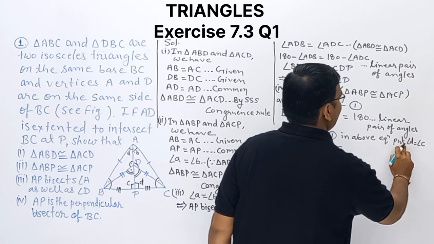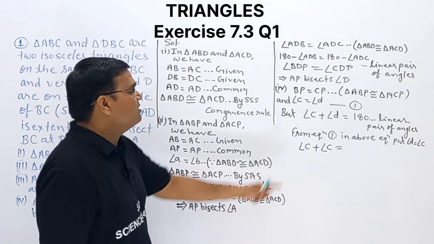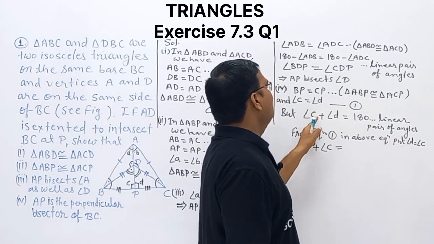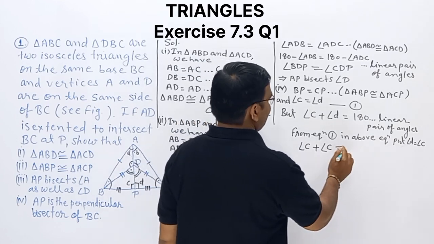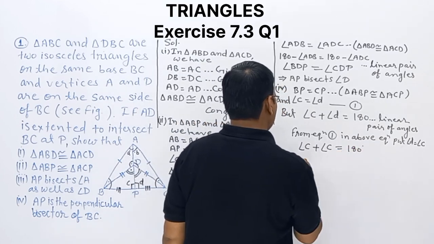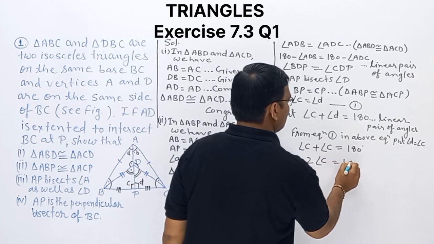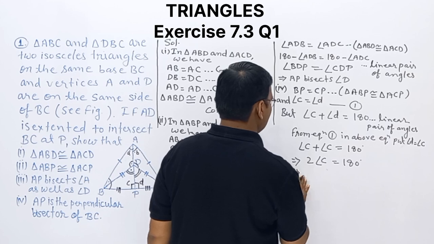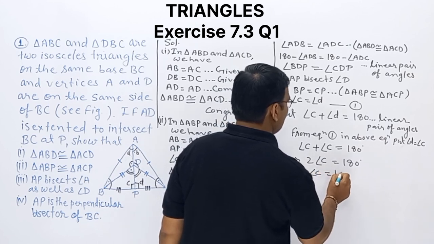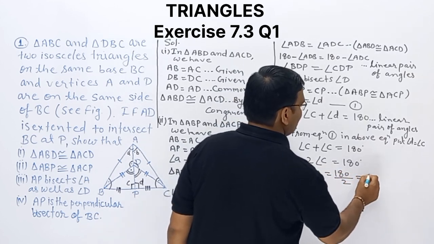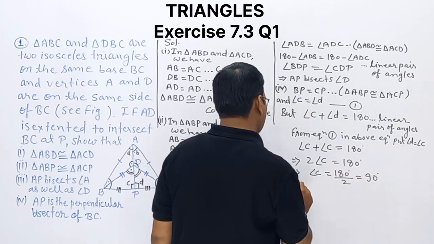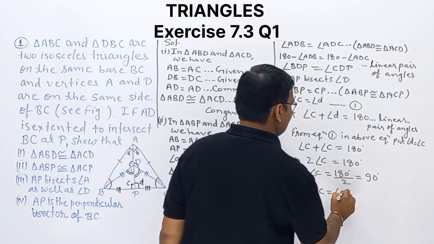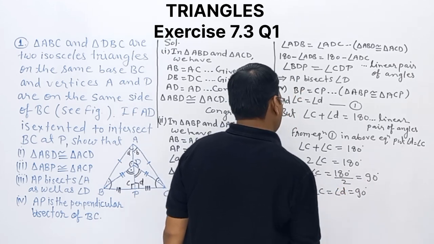Angle D equal to angle C, we are putting. From equation 1, in the above equation, put angle D equal to angle C. Then angle C plus angle C equal to what? 180 degrees. Solve this one. 2 times angle C equal to 180 degrees implies angle C equal to 180 degrees divided by 2, we are getting 90 degrees. So angle C equal to 90 degrees. Finally we can say angle C equal to angle D equal to 90 degrees, which implies